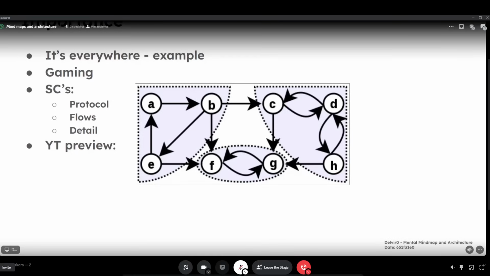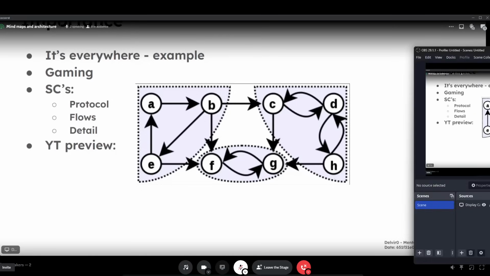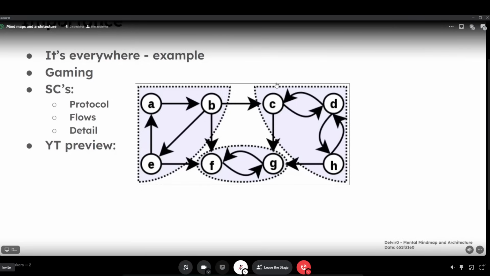A really good example is when we're gaming. Let's say we're playing a game and we have this final boss, which is really hard to beat. We already tried like 20 times. What you're actually constructing is a mental mind map on the final boss, his moves, and the attacks you're